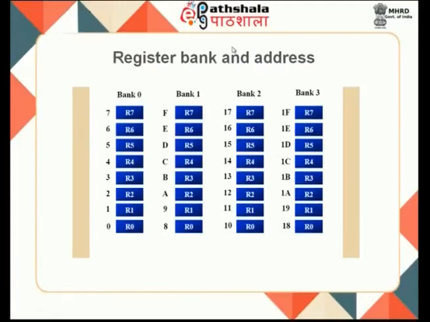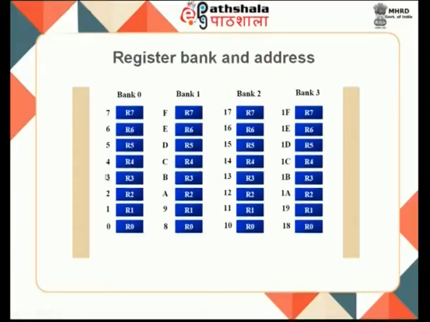And as I told you, about the register bank and addresses, this 0 to 7, I can call R0, R1, R2, R3. So, 8 registers are there. If I am storing them from 0 to 7, that means 00 to 07, then I will say bank 0. So, if I set bank 0, then these addresses are used for storing. If I am looking at bank 1, then this will be stored from 08 to 0F. If it is bank 2, then R0 to R7 are placed in 10 to 17. So, these values are telling you about the memory addresses.